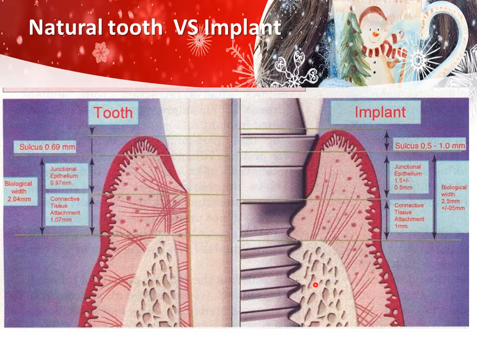But in case of an implant, the scenario is a little different. Here you can very well see that there is no cementum or periodontal ligament. The bone is directly fused to the implant over here. Another main difference is that the fibers are more parallelly arranged to the implant surface, and the junctional epithelium is a little higher in its dimension when compared to that of the natural tooth. So junctional epithelium is around 1.5 mm, connective tissue is around 1 mm, which brings it to a biological width of 2.5 mm.